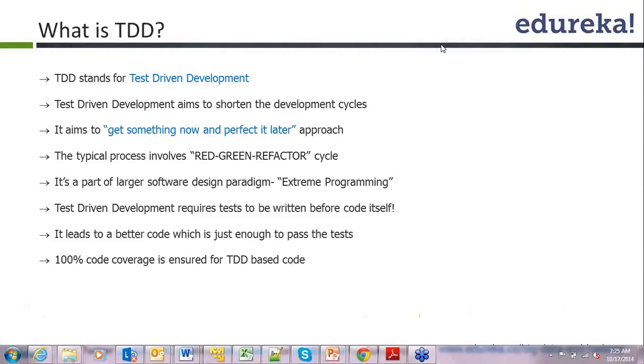Now, what are the advantages which we get out of it? And believe me, you will appreciate these last 2 points, which are very important. It definitely is going to lead to better code, which is just enough. I think next time whenever I take a webinar, I will make this bold. Just enough. Okay, so you have code which is just enough to pass the test and give you the desired functionality altogether, right? Also,